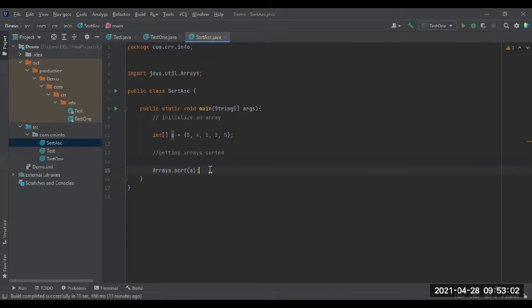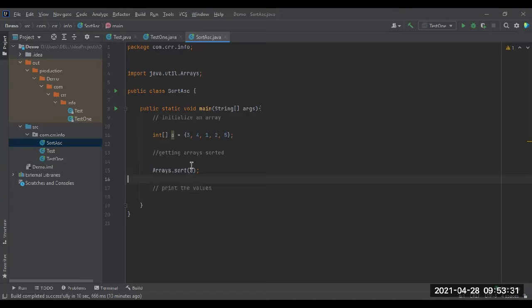Now I need to print the values. Arrays are sorted. Here you have to remember one thing: by using a predefined method, the arrays are sorted and stored in a.